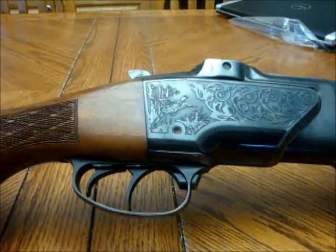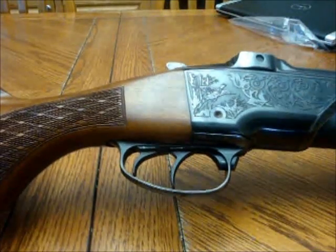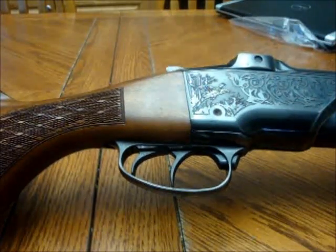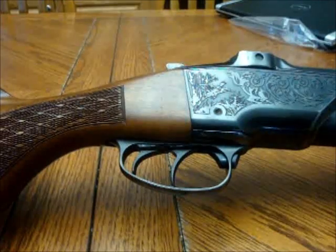There is one problem with these shotguns, where they tend to have a problem that when firing the back trigger, it will sometimes fire both shots off at the same time. I've had it happen to me a couple of times, and